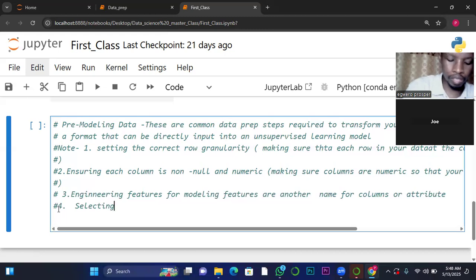That is selecting features. So there are some headers we will do away with and pick some that are more relevant to what we want to achieve. So we will also be involved in selection of features and excluding